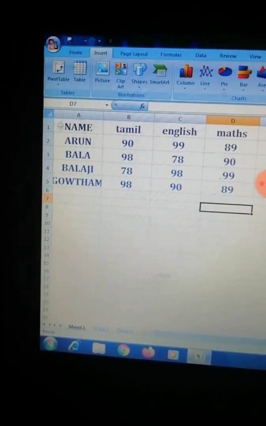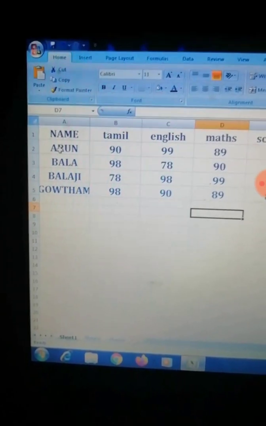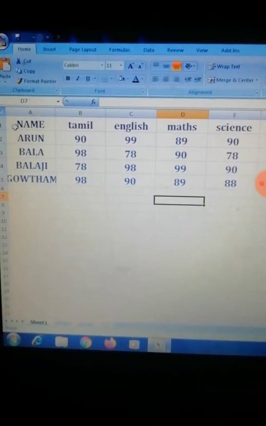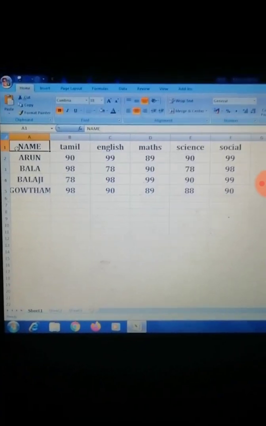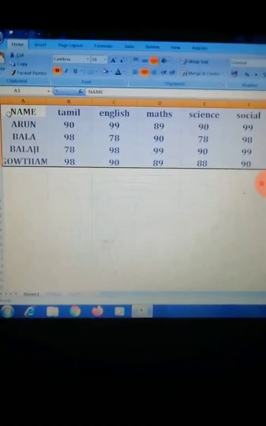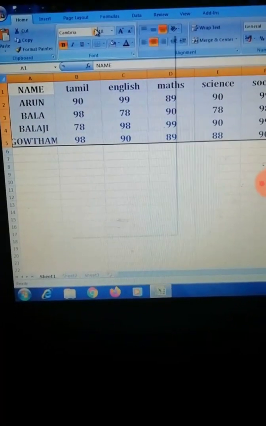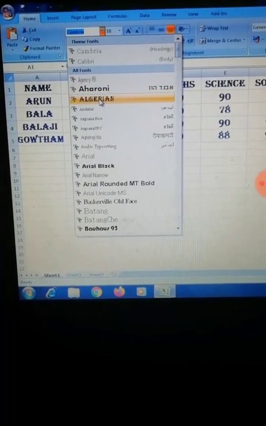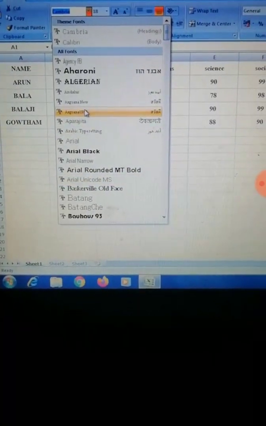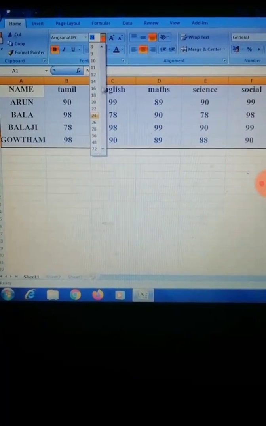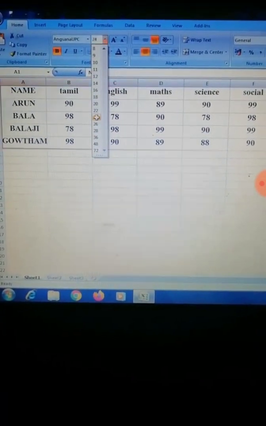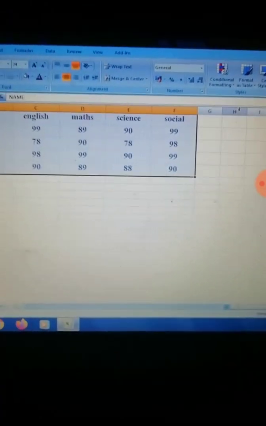And now if you want to change your font name, size, everything, first you have to select. Okay, so first select the content, and then you go for the font name, size, everything. So here I am going to change the font name. I have selected this font, and I am going to increase the font size by pressing that A symbol. And if you want to give a number also, you can give 24. So my font size is changed.